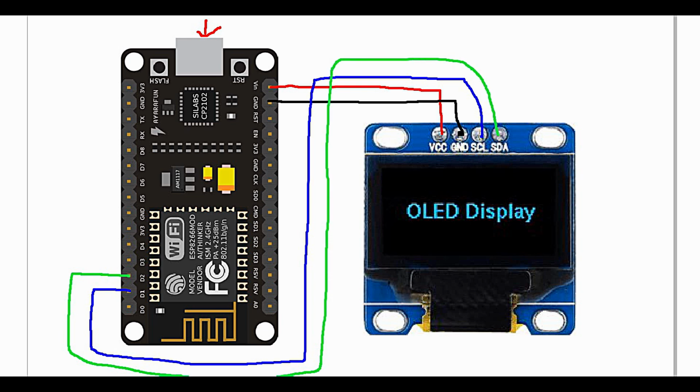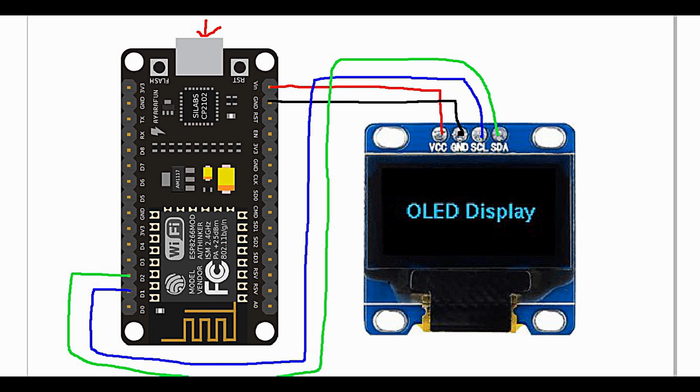I will connect the SDA line of the OLED to the data pin. That's it, these are the connections that we are going to make. We power up the OLED display from the same power of the NodeMCU, the clock pin is connected to D1 of the NodeMCU, and the data pin is connected to D2 of the